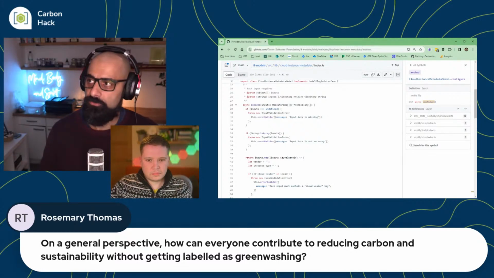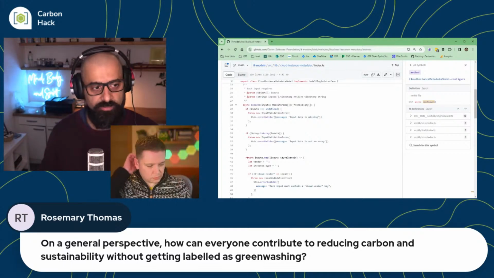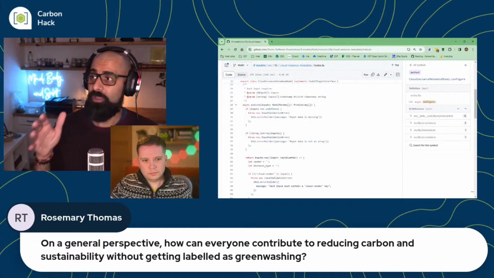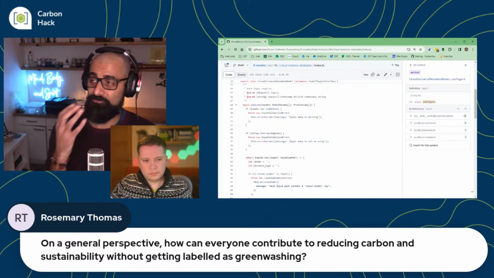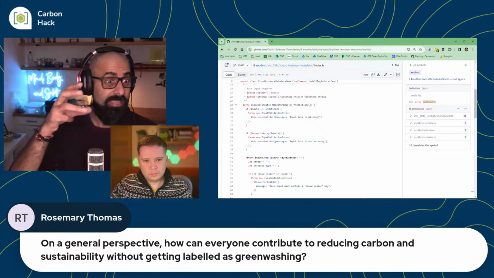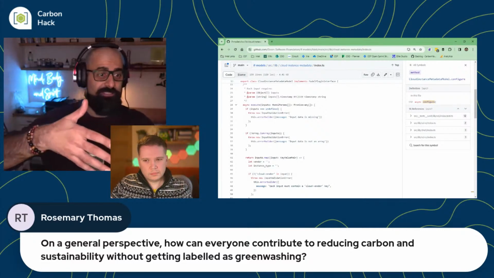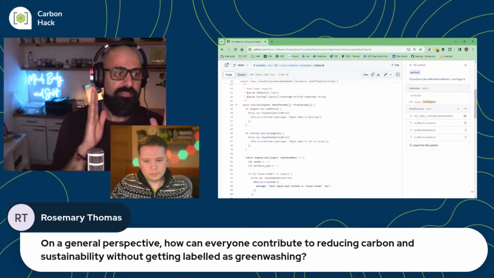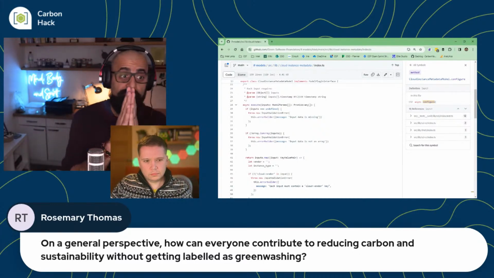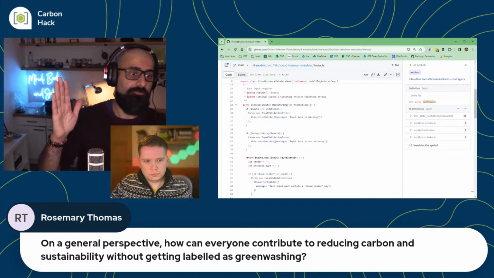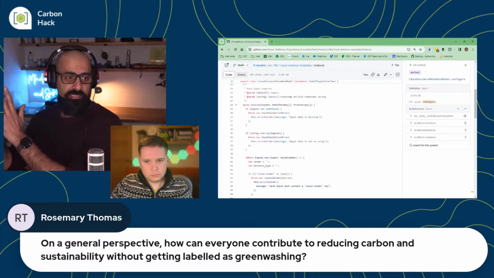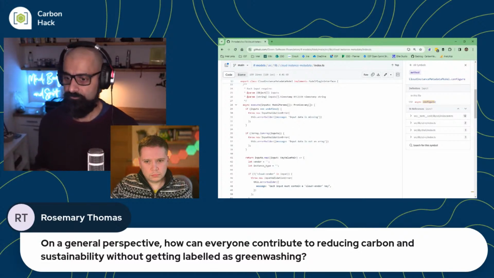I think it's more a question around intention and motivation than anything else. The way it was explained to me, and I thought was very interesting, is that when people are concerned about being labeled as greenwashing in the green software space, when you're actually talking about reducing energy and doing these other things, we are so far away from that spectrum of greenwashing, because we're actually doing stuff. Greenwashing is this whole other end of the spectrum.